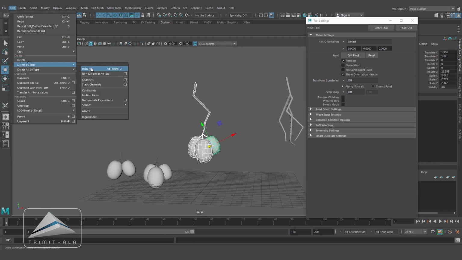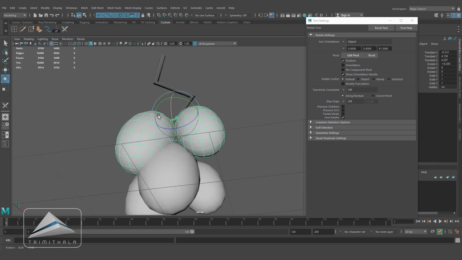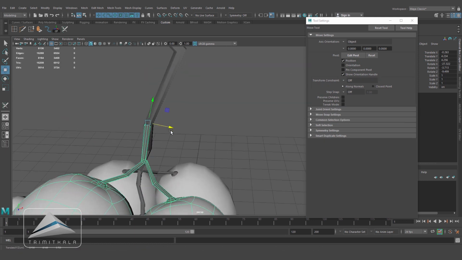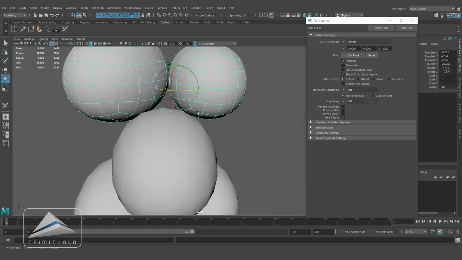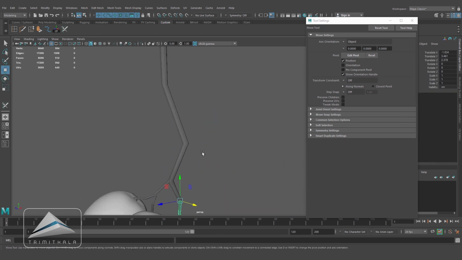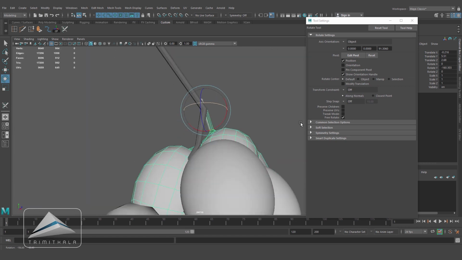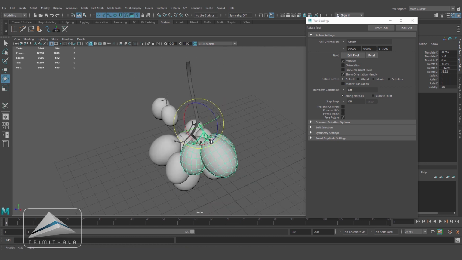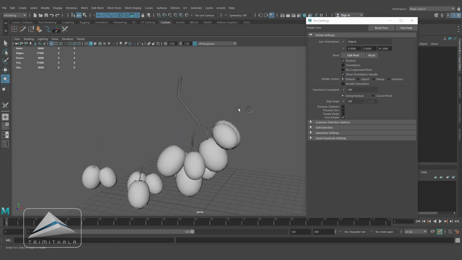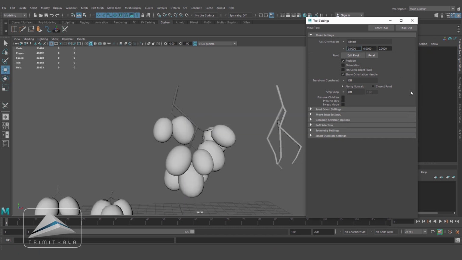So I'll be using both the branches and I'll create a bigger bunch of grapes. Alright, I have connected it properly.